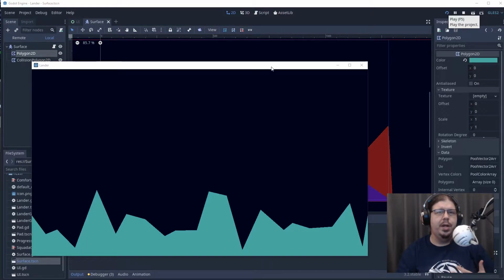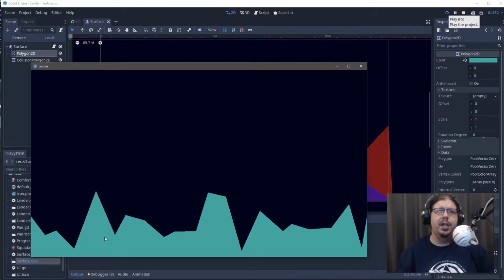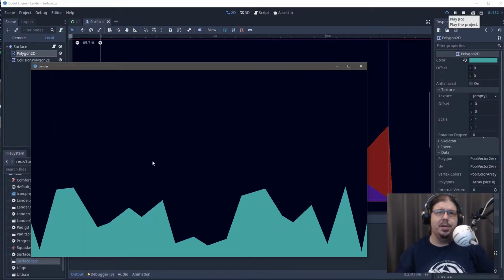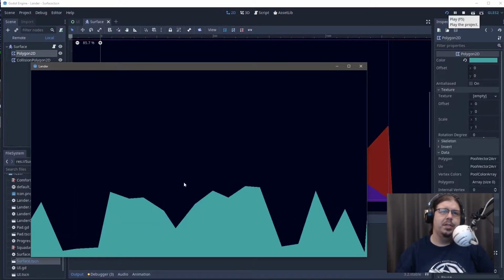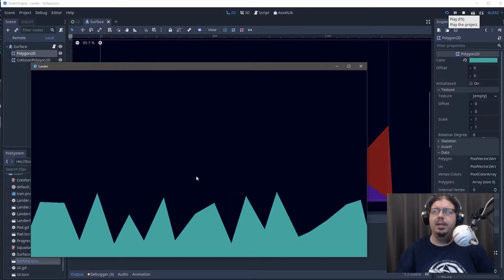It's one object. It's got a polygon 2D and a collision polygon 2D. And let me show you it in action here. We've got it on screen, and you can see here this light blue is the surface, this dark blue is space. And every time that I hit the space bar here, we get a new surface generated. And it's always